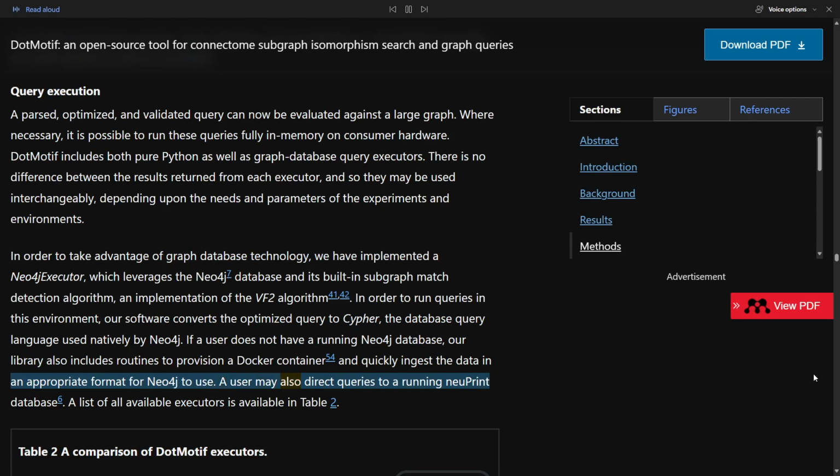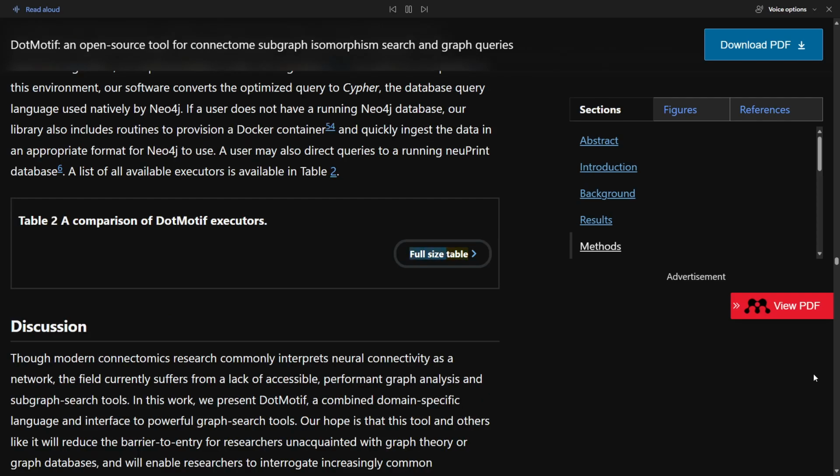A user may also direct queries to a running Neo4j database. A list of all available executors is available in Table 2. Table 2: a comparison of DotMotif executors. Discussion. Though modern connectomics research commonly interprets neural connectivity as a network, the field currently suffers from a